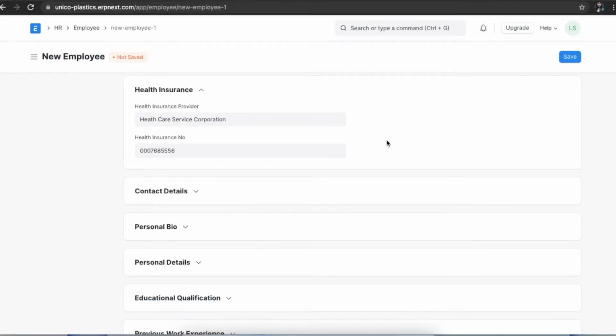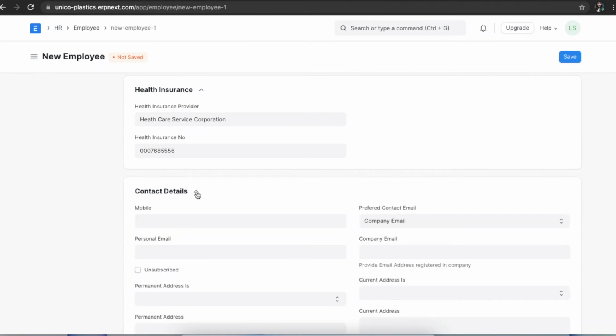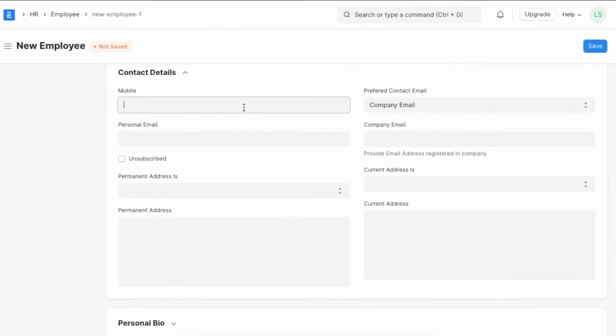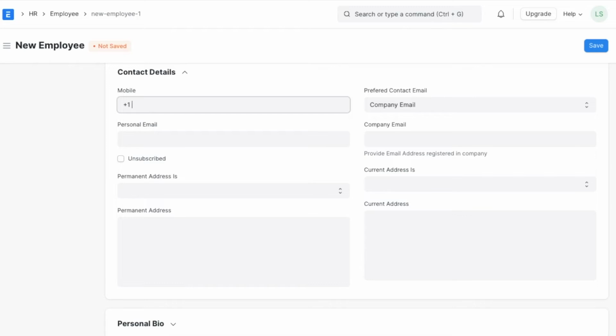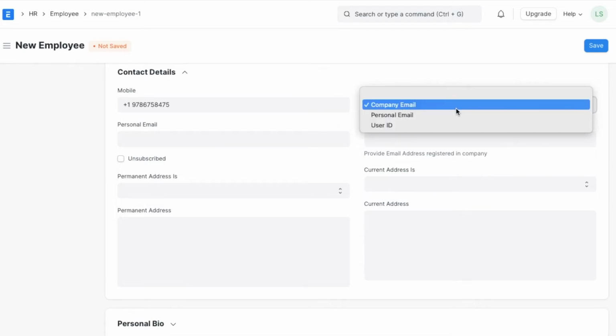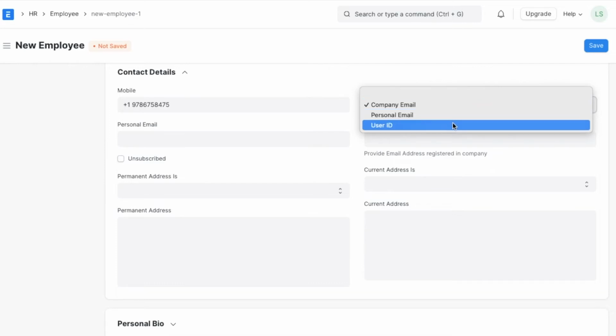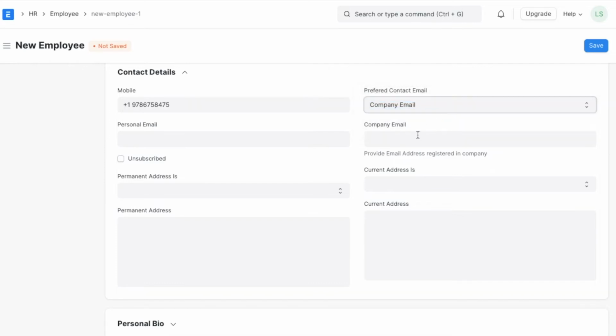Next, we will add personal and professional contact and address details for this employee. We can also select the preferred email ID for this employee, which can be either their personal email, company email, or their ERP Next user ID email.